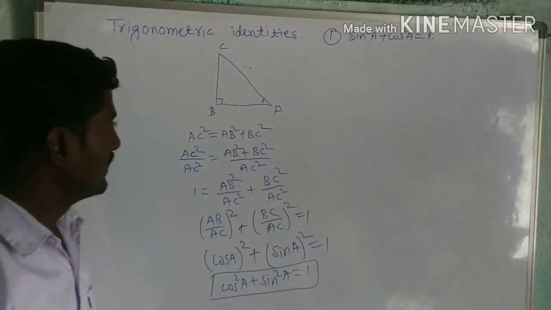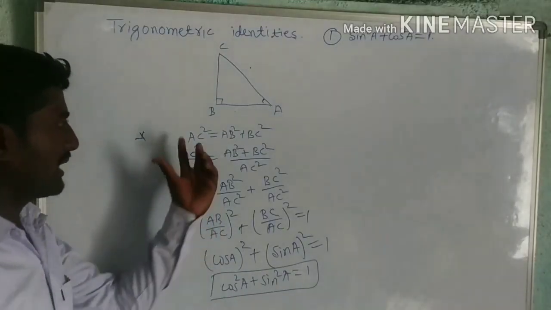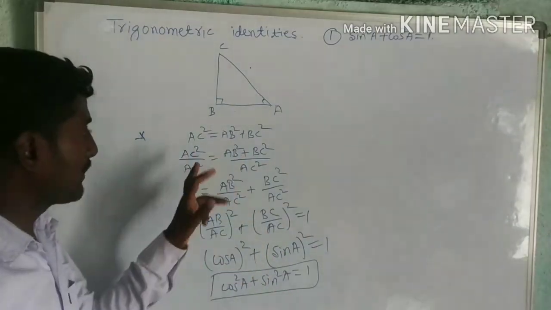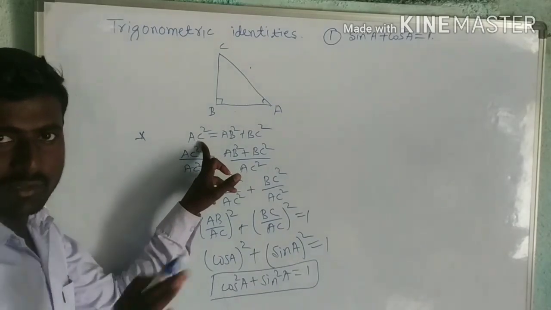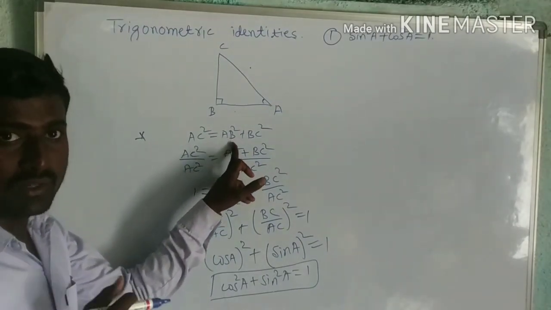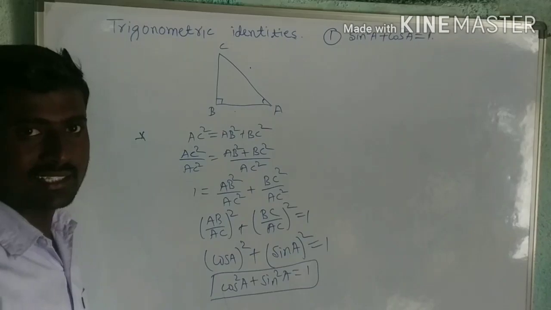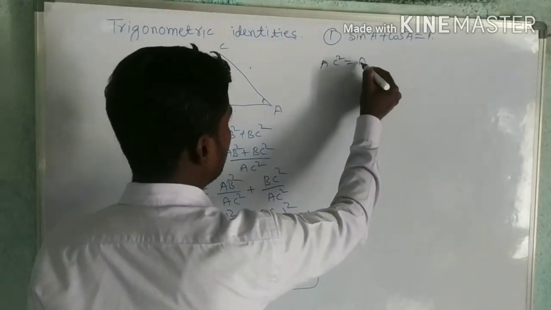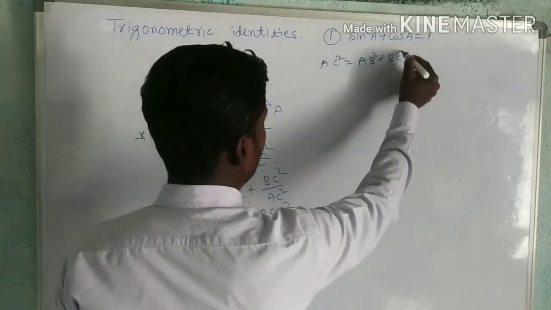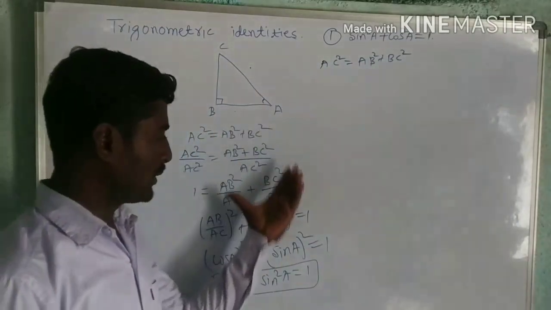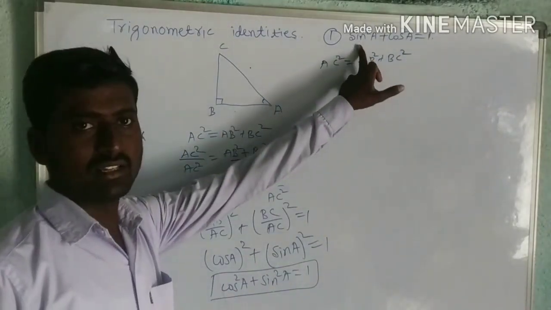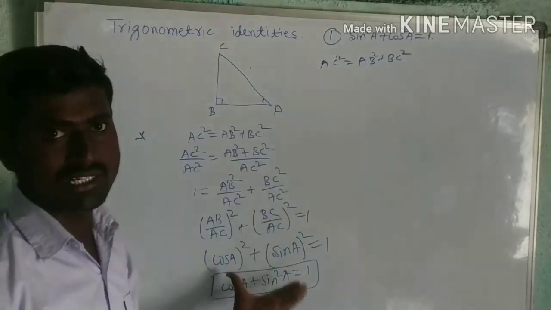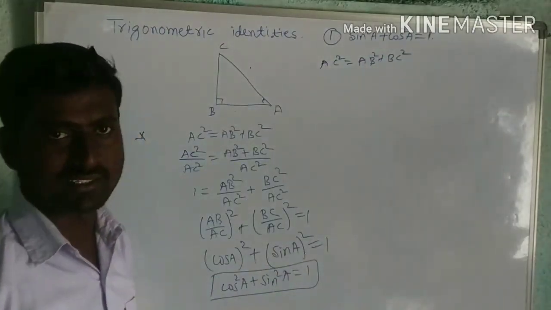We derived it. Here we divided both sides by AC square and got this identity. Now I am going to divide both sides by AB square. AC square is already divided; I want to divide it now by AB square. Now let us see what we will get. So now AC square is equal to AB square plus BC square. But we don't want this, I want this identity. How will we get it? I am deriving that. No need to worry about all this derivation. You remember this formula, enough it is.